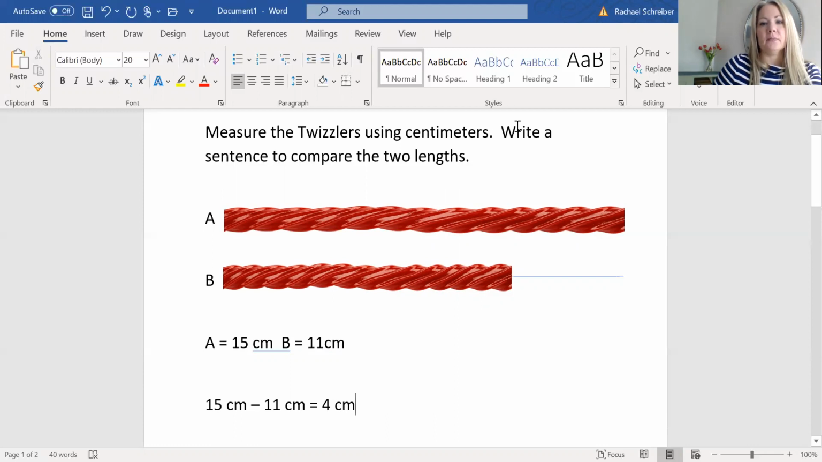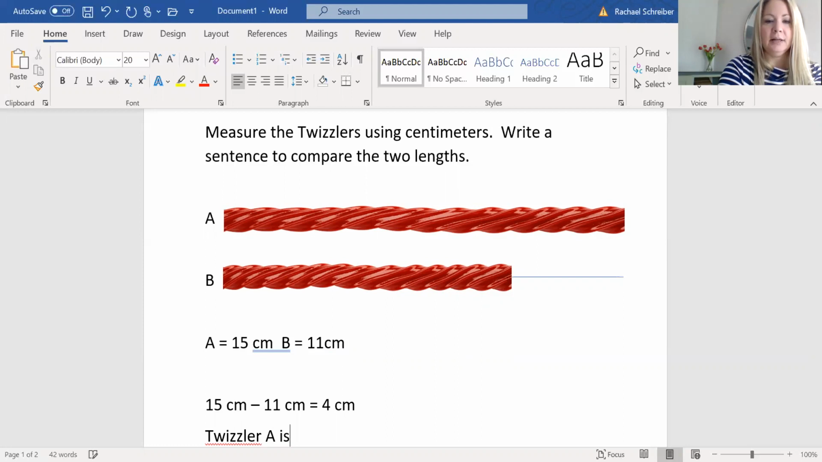So if we're comparing these two lengths, B is 4 centimeters shorter than A, and Twizzler A is 4 centimeters longer than Twizzler B. So we need to write one of those sentences, and you can write it either way. So I'll probably go with A because it's on top. I would write